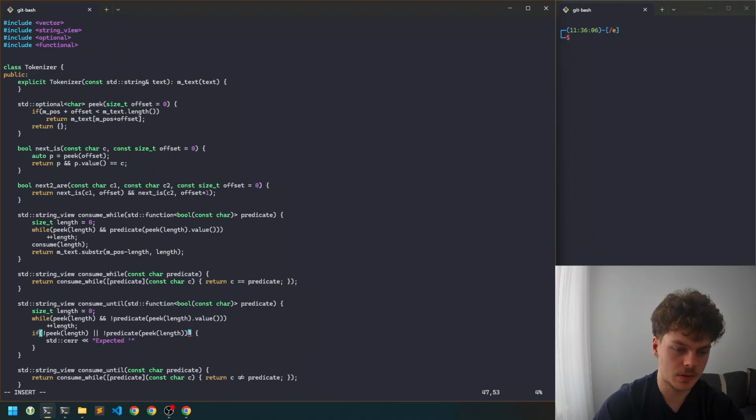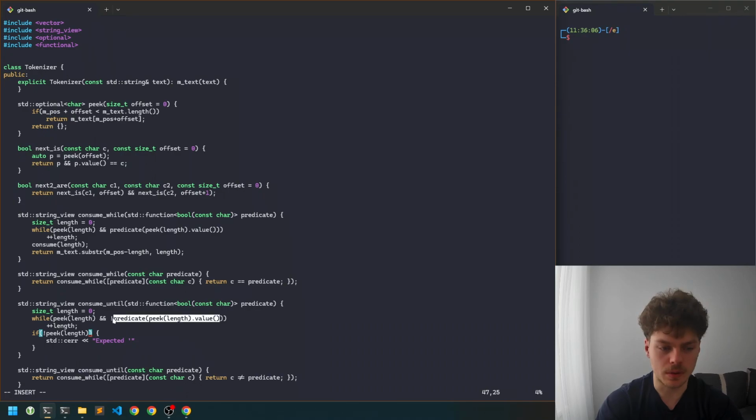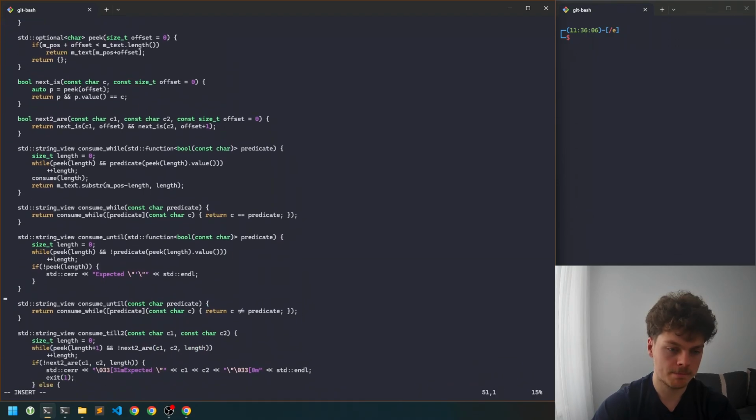Or you know what, this is not required, because if we got something left, we are sure that the predicate holds for it. So like this, here we do like this, and